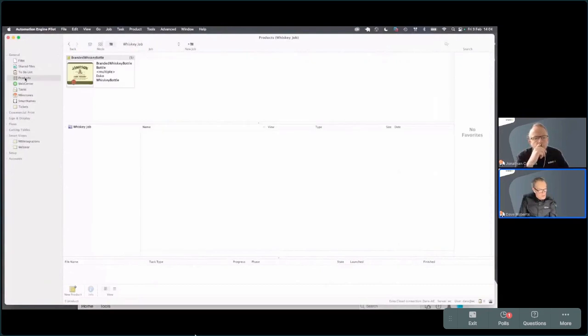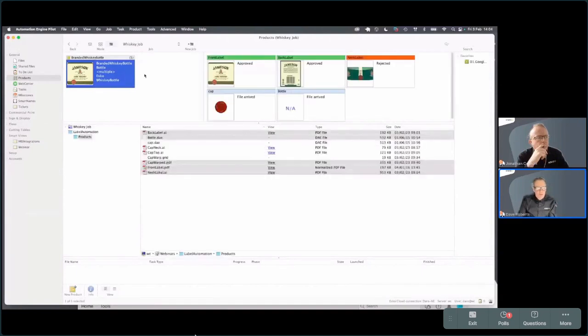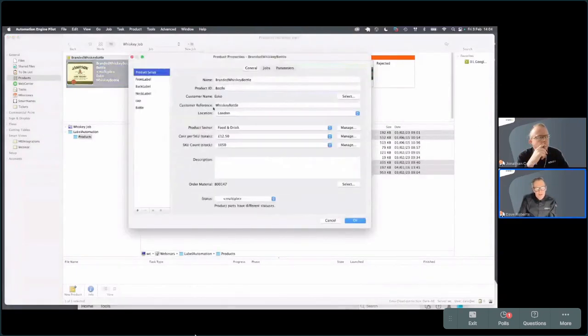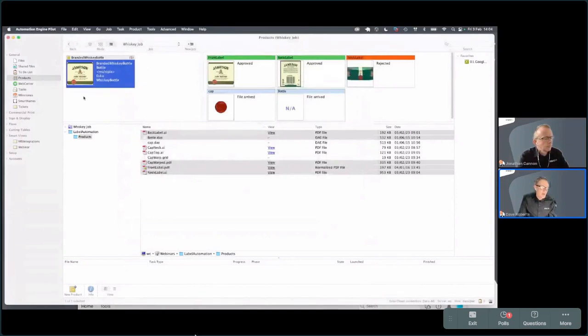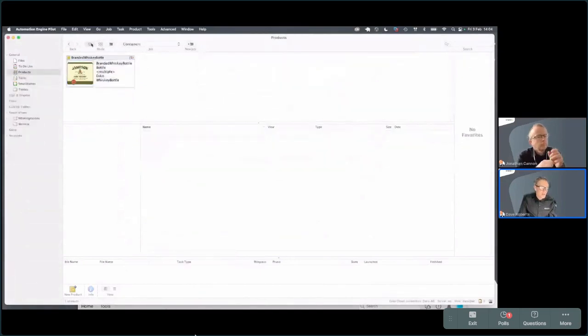Okay. So what I'm going to do next is just show you a little bit about the product and how that sits. Again, you can see here that this exists in this job, and it tells me how many quantities were ordered of this particular product. But if I actually go in here and